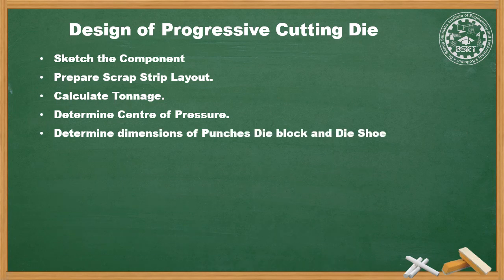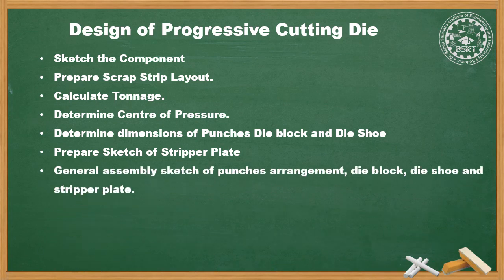Next, determine the dimensions of punches, die block and die shoe. By using the above calculations, the dimensions of the punch, die blocks and die shoe along with the clearance required for the die are determined and checked for standard availability so as to reduce the production cost. Next is to prepare a sketch of the stripper plate with proper size and dimensions of the punch and die and with the clearance calculated. A sketch of the stripper plate is drawn for understanding or study purposes.